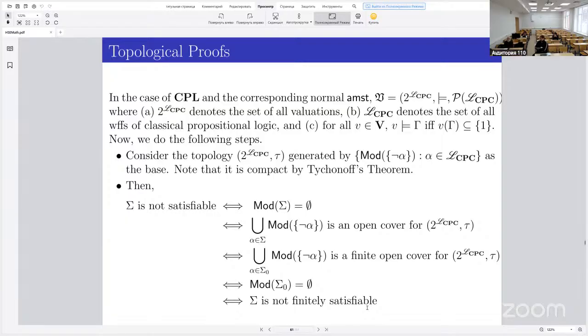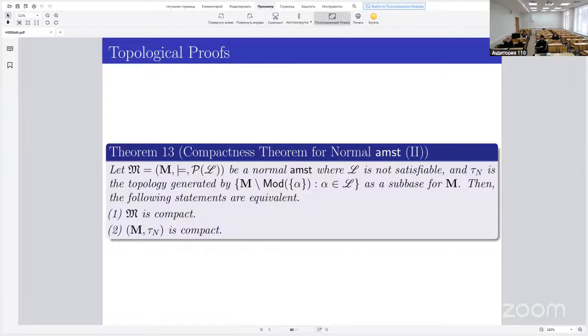So that is more or less the structure of the proof. If you just repeat this argument more or less for the abstract model structures, you get the same thing. Here, the idea